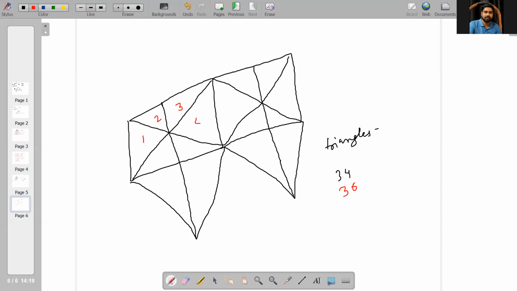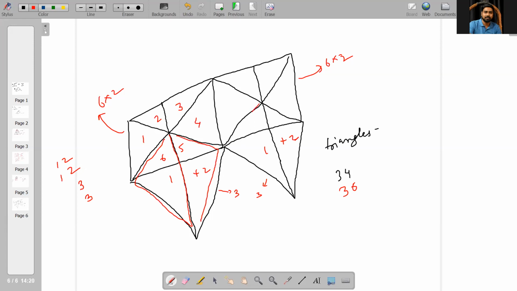1, 2, 3, 4, 5, 6. यहाँ से भी 6 into 2. टोटल कितने हो गए अब तक से हमारे? 12 और 12. ठीक है. यहाँ से कितना आ गया? 1 plus 2. यहाँ से 3, यहाँ से 3. हो गए 3 और 3. ठीक है. अब और क्या हो गया है यहाँ पे? हमारा यहाँ भी एक ट्रायंगल बन रहा है. ये वाला ट्रायंगल जो हमने लास्ट टाइम बनाया था. यहाँ भी एक बन रहा है, यहाँ भी, और यहाँ भी. टोटल मिला के 4 बन रहा है. 24, 24 plus 3, 24 plus 6, 30, 30 plus 4, 34.